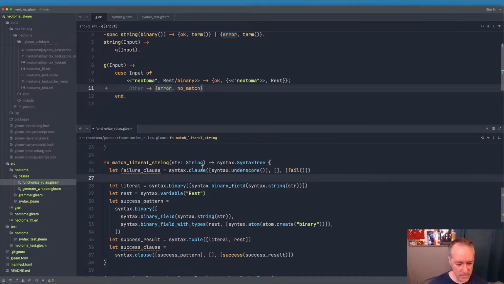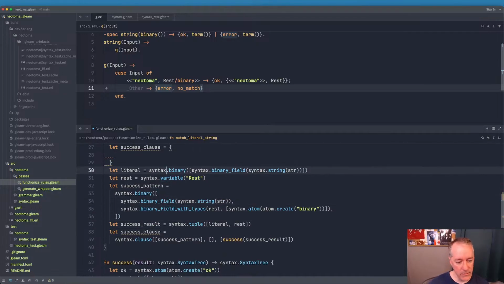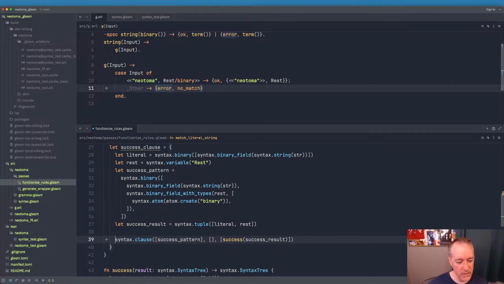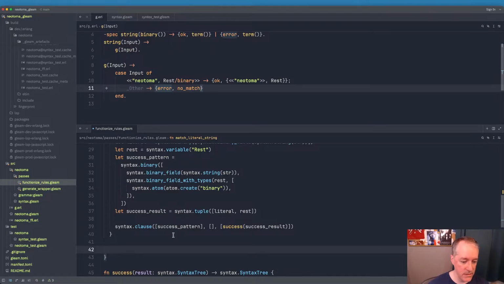And I want to clean this up just a little bit. So let's say let success clause, and we'll make it a block. And we're going to move these things up inside it. And we're gonna clean this up a little bit. Okay, so ultimately what we want to return is